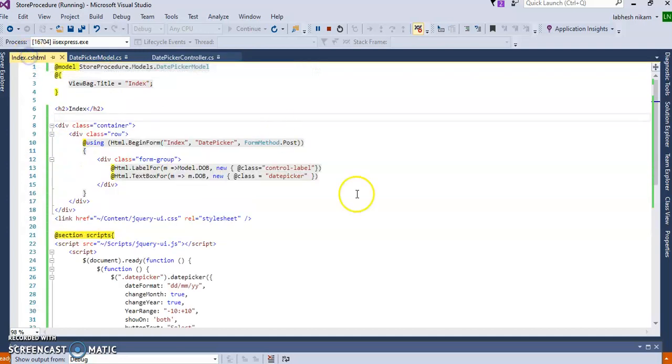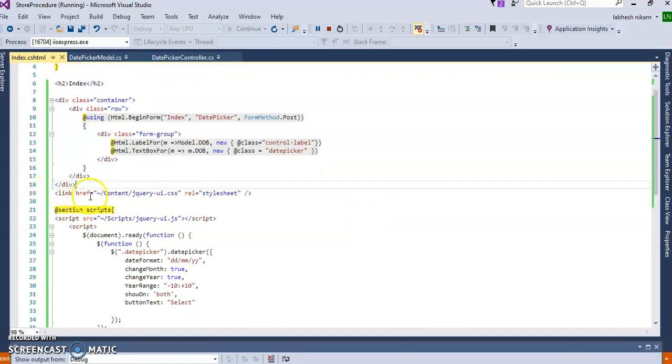And another thing is we need the scripts jQuery UI.css and jQuery UI.js. So CSS outside of the section scripts and jQuery UI.js inside of the section scripts. And I have written this jQuery using the class date picker which I have declared here, okay.